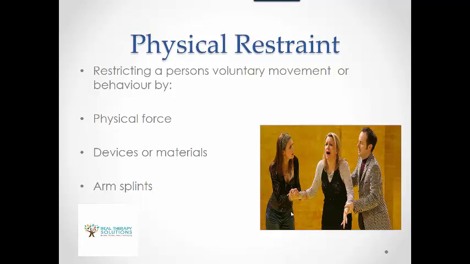I would strongly recommend getting an occupational therapist to at least write some guidelines up around that and identifying that it's because of the involuntary movements and the spasticity. But under the guidelines as they currently stand, that would not be considered a restricted practice. So physical restraint is restricting someone's voluntary movement. It may be by physical force, so it may be by holding someone's arms down. It may be the extreme of physical force where we're using physical restraint. It might be by using devices or materials.